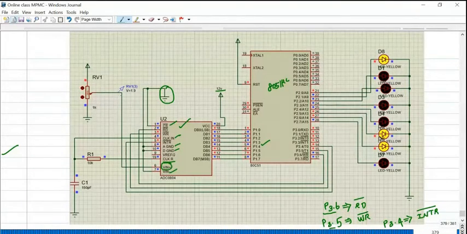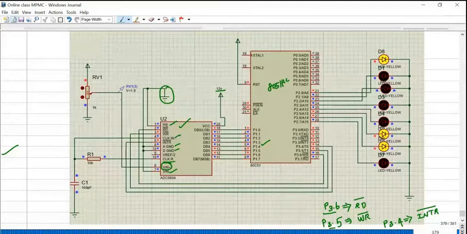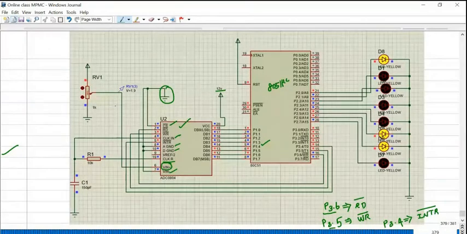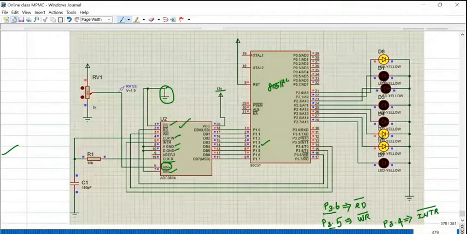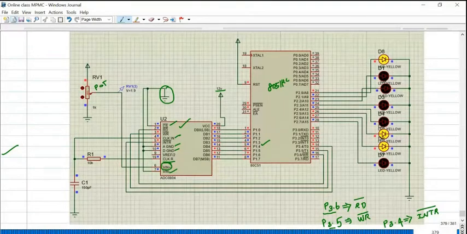Here I have not connected any sensor. I wanted to vary the input voltage, right? For that, I connected one potentiometer, connected to 5 volt.